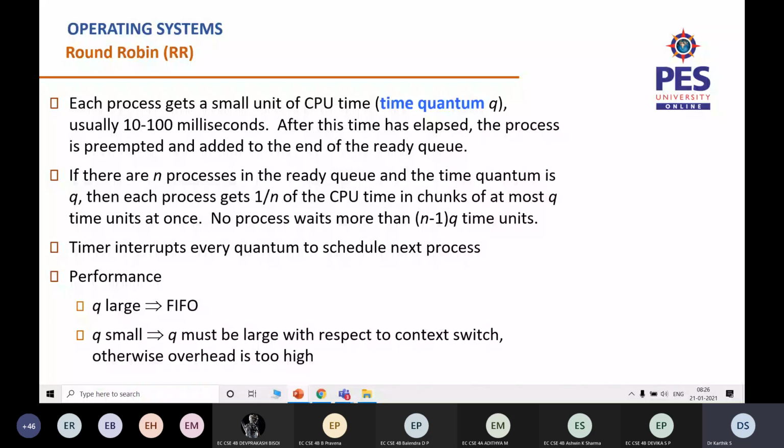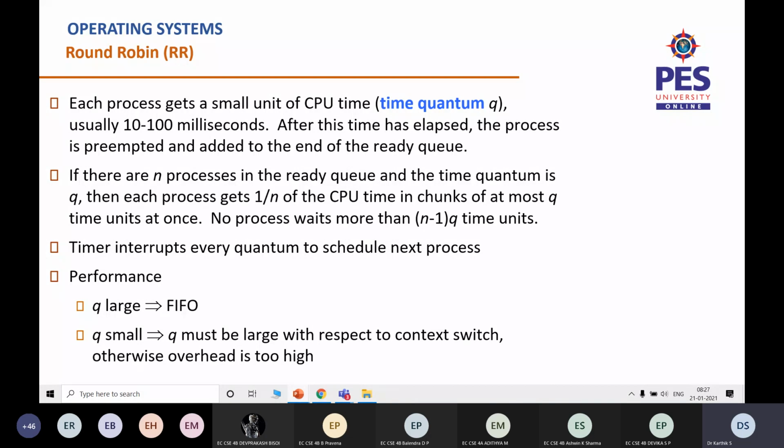So in order to identify the time quantum, we had spoken about the timer concept. That's going to be implemented by the operating system. But the question is, how do we fix this q value, the time quantum? If I fix q to be very large, then the behavior becomes exactly similar to first come first serve. Say q equal to, let us say, 1000 milliseconds, then all processes will start their execution and easily complete it. So it behaves exactly like a first in first out manner.